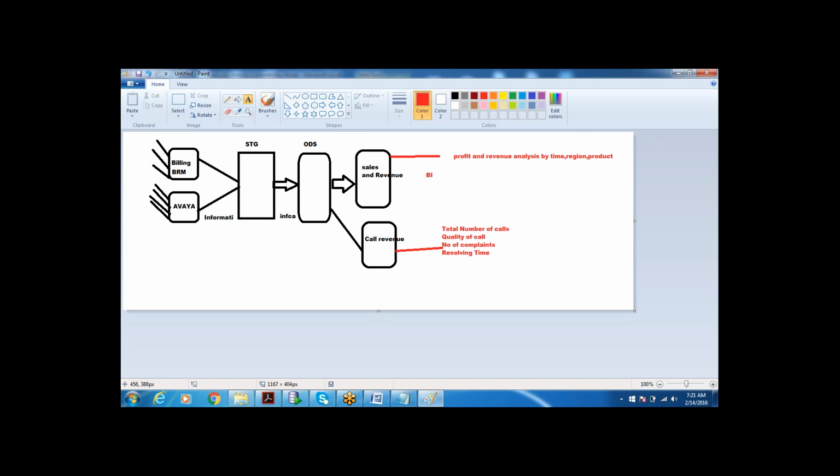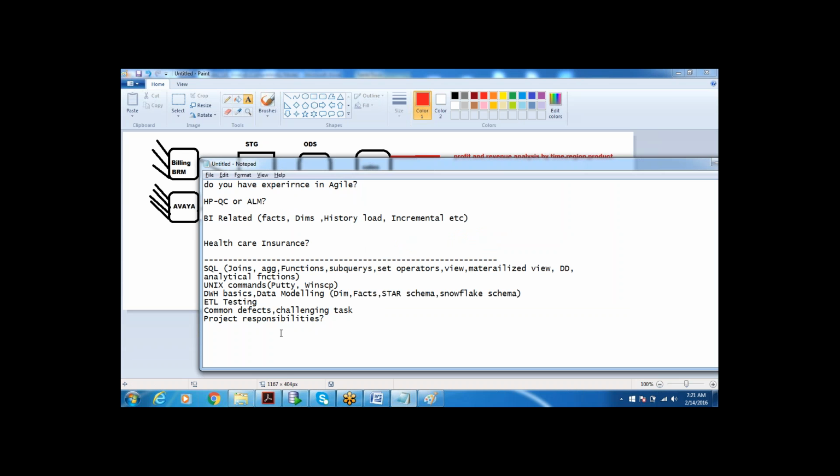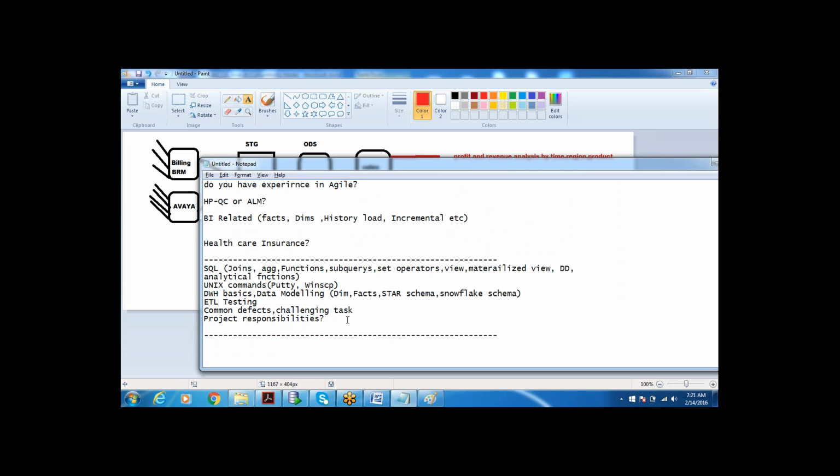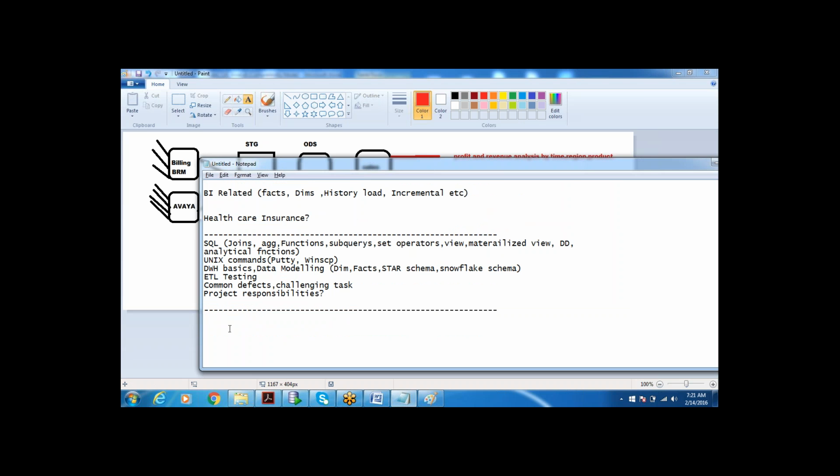So basically, as a senior data warehousing tester, what did you do and what are your responsibilities? Generally, the project responsibilities don't change from one project to another. It's all about the data, the number of tables, the architecture of the project, or the technology used in the project that will vary. So first, when you talk about responsibilities, you can say that I've been involved in preparing the test plan